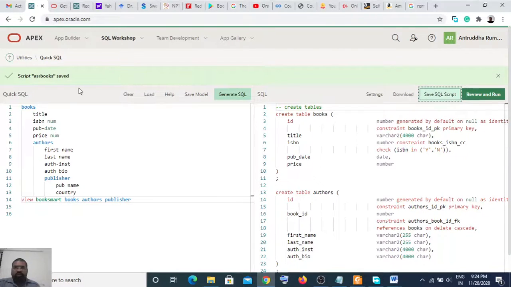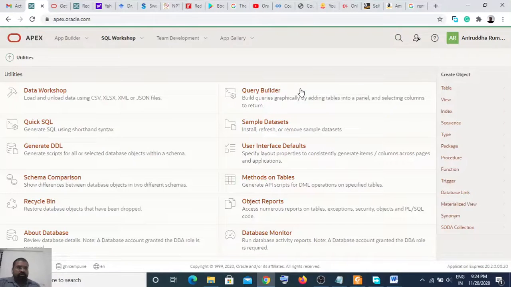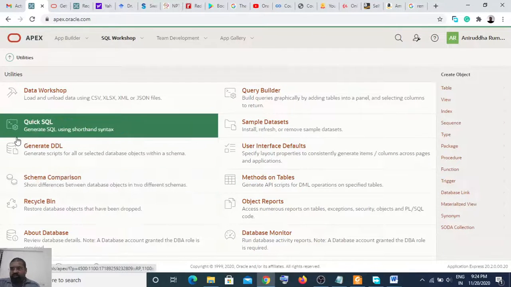Now, if you go again in the SQL workshop, you won't require to go to the SQL workshop also. Just go to utilities, where we are having this quick SQL.